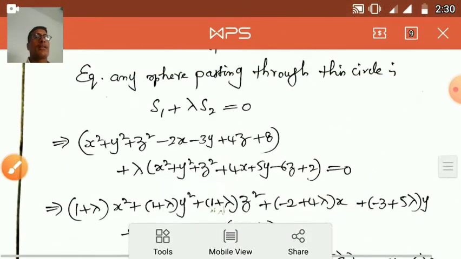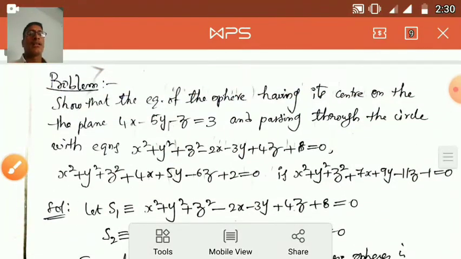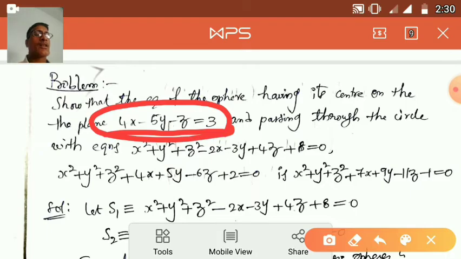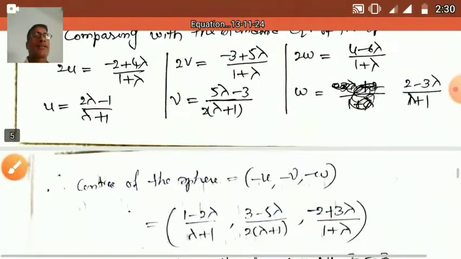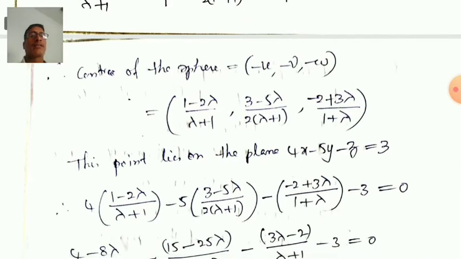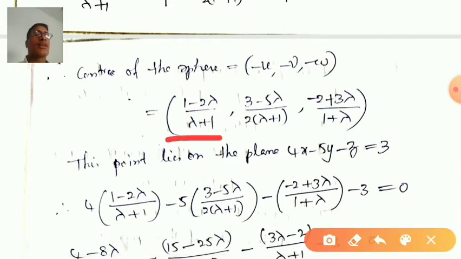So here it is given another condition. Here we are given that the center of the sphere, which we are going to obtain, lies on the plane. Therefore, the center of the sphere satisfies this plane equation. Therefore, by substituting the center in the equation of the plane, we will get like this: